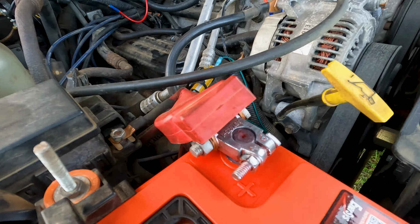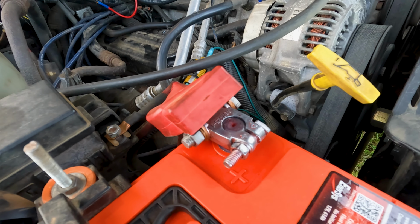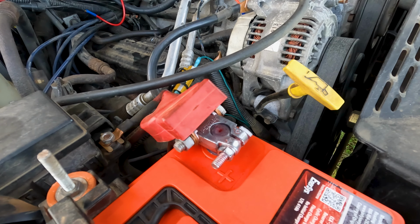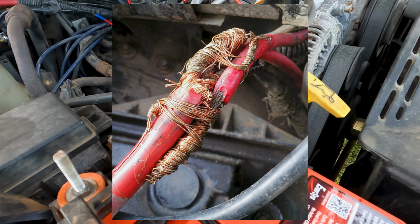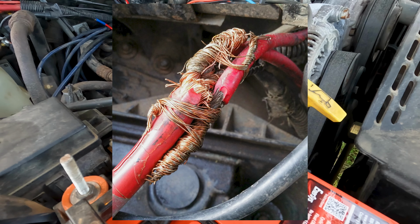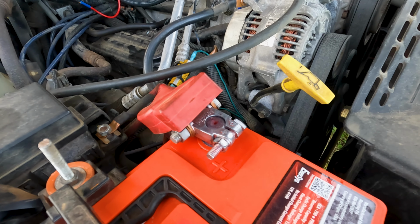So one day I decided I was going to upgrade all the battery cables because I've been doing a lot of modifications in this Jeep, and I just wanted to make sure that I wasn't going to start a fire or have any issues with bad grounds or anything like that. So I ordered everything I needed, and I started tearing stuff apart. And that's when I found this. One of the previous owners put this masterpiece together, and I drove it this way for like 5 or 6 years before I found it. I mean, I'm actually impressed that it worked, but come on,